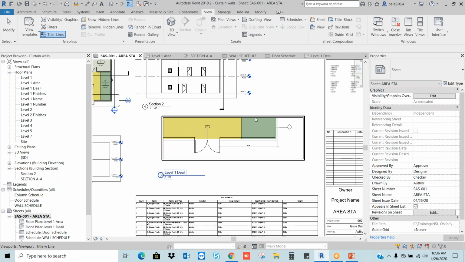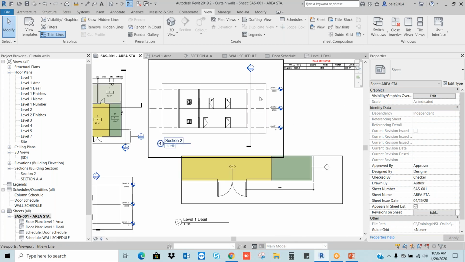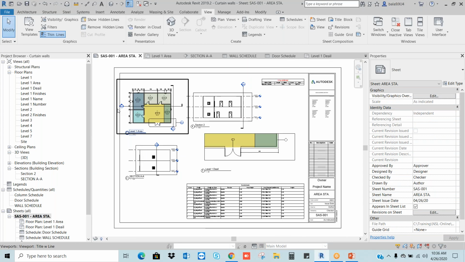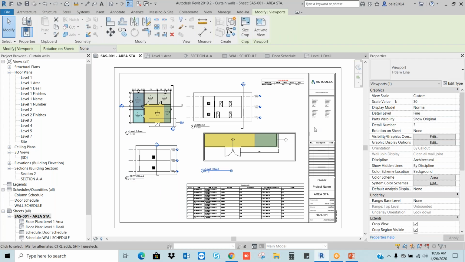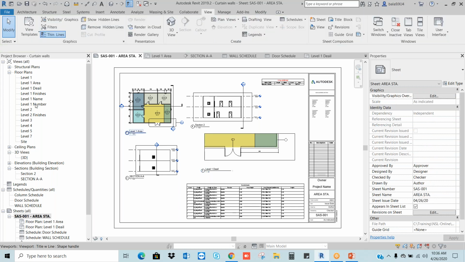See, I switched off the section here. Here I can see the section. I can see all the sections. Okay, only this respective view I switched off. Each drawing is individual for annotation categories, not for 3D objects. Let's say, for example, if I delete this door, it will get affected in all the drawings.